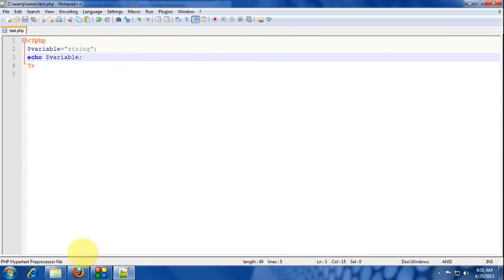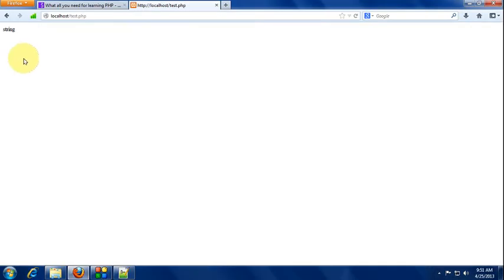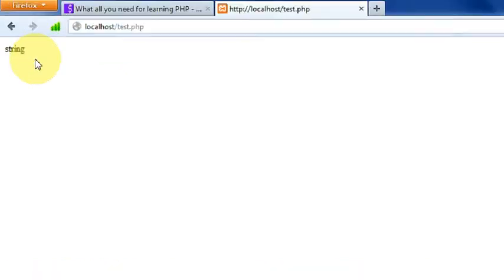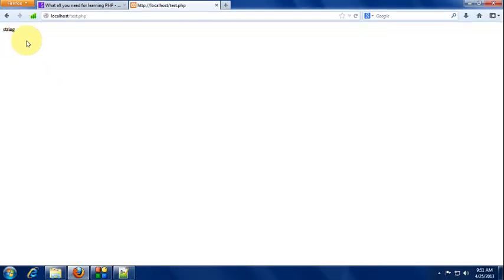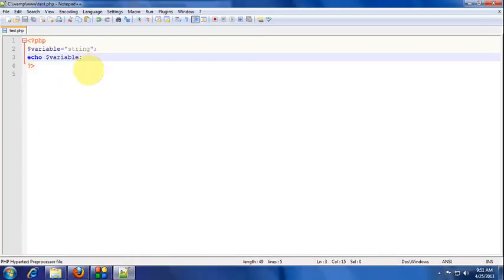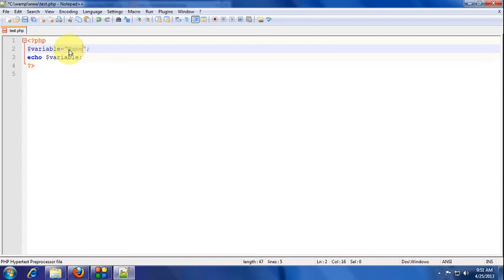Now let us test it out. String, let's zoom in, yeah, string. Now let us test something. In the first line I have written a string, a name, so the variable contains the value string, that is the name.